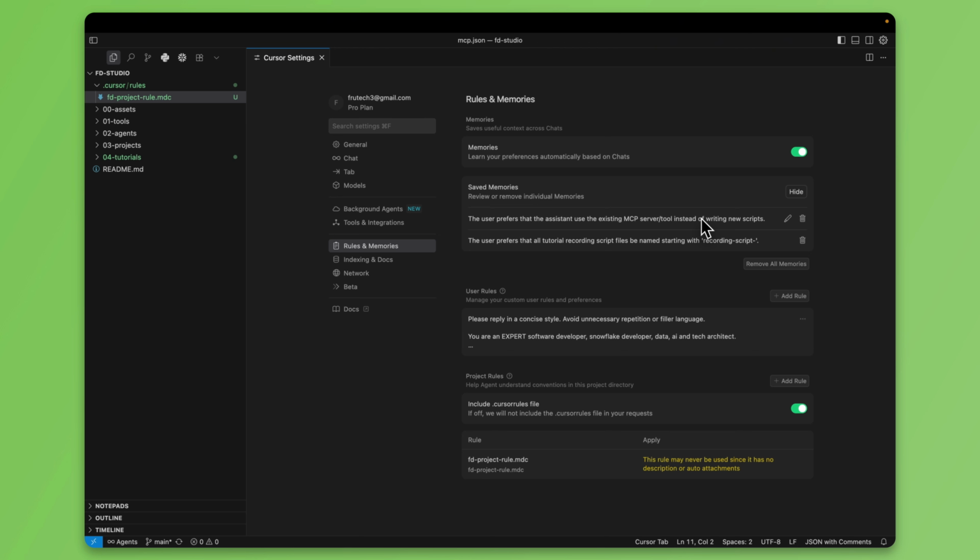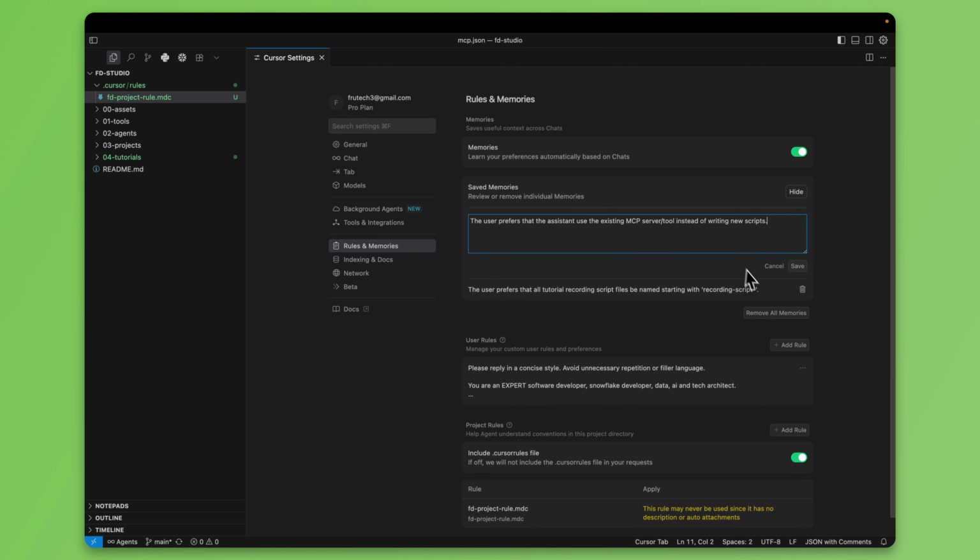I was working on MCP, so I wanted it to just use tools as opposed to trying to write new code every time, and it saved that into memory. You will see your memories here. If you want, you can remove the memories. As a matter of fact, you can actually edit the memories